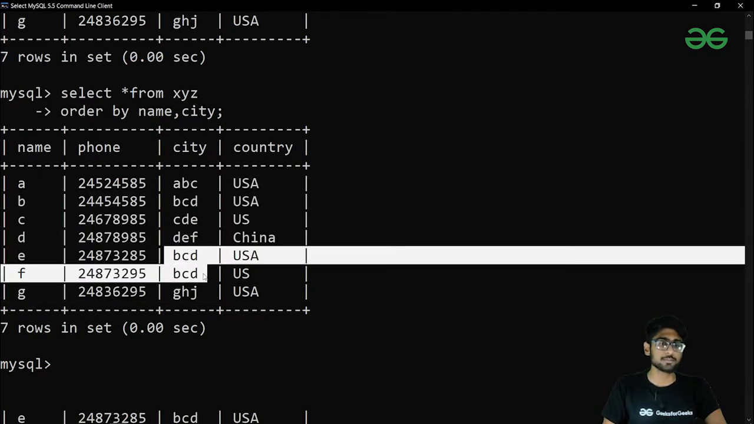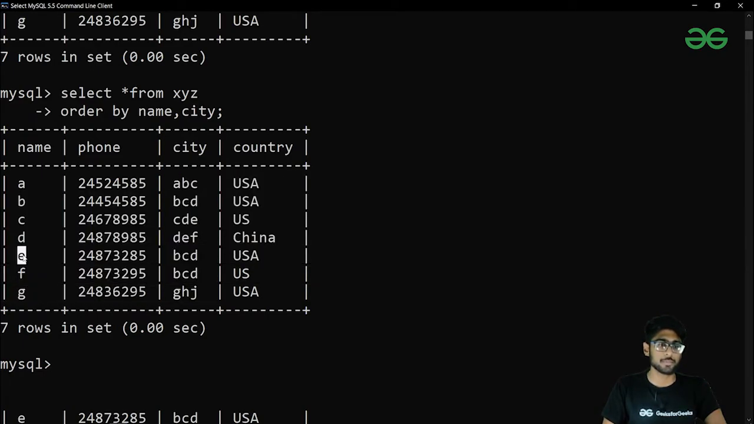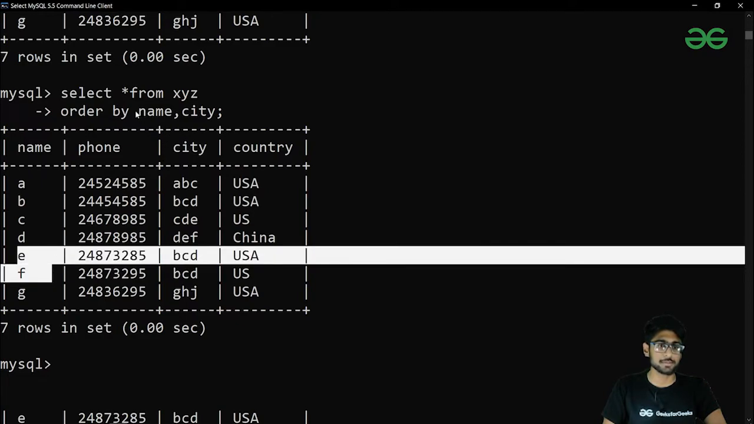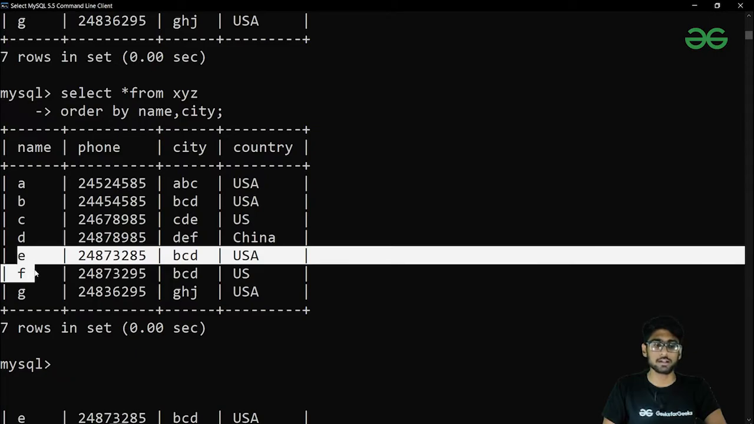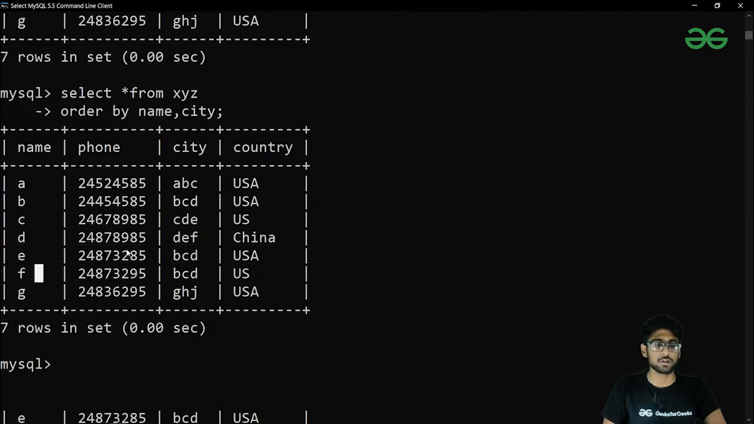The first priority was name, right? That's why it first judged whether that condition is true or not. After that, it will look at the city. Once the sorting of the name is done, then it will look for the sorting in city. And we can also provide